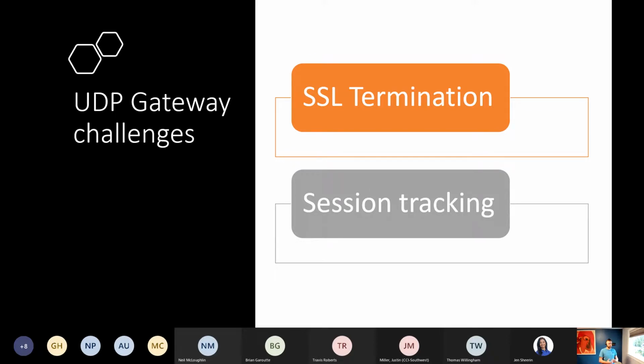And like many people were asking on Twitter or in different forums, why don't you just add the RD gateway? Why don't you just create the gateway for the UDP traffic? And there are several reasons why we didn't do this in the first place. So first of all,